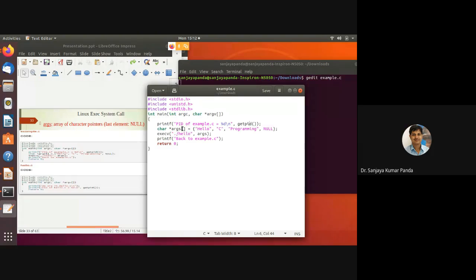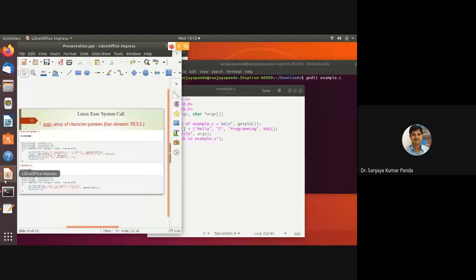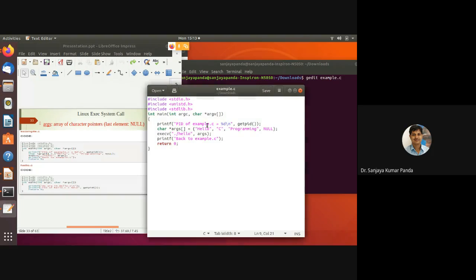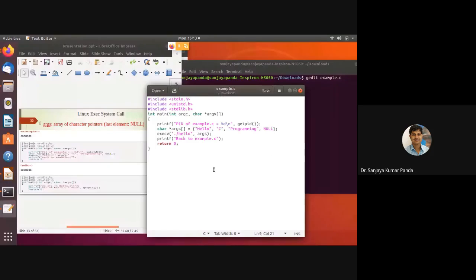Then I am using ARGS. As I mentioned in the slide also, ARGS is an array of character pointers ending with null. So I am writing hello, C programming, ending with null. These are the arguments, the array of pointers I want to pass to another file.